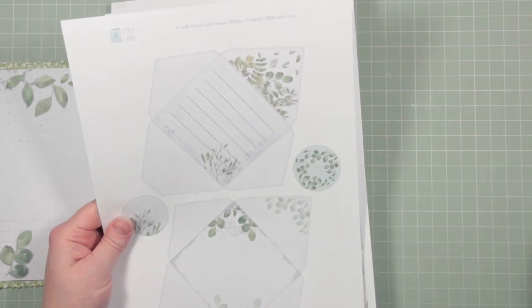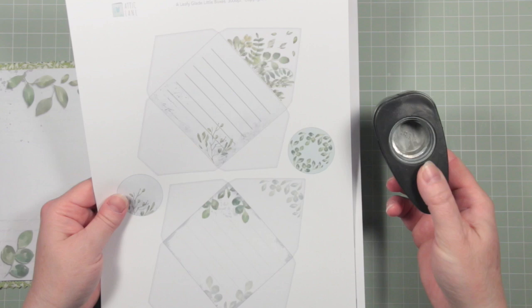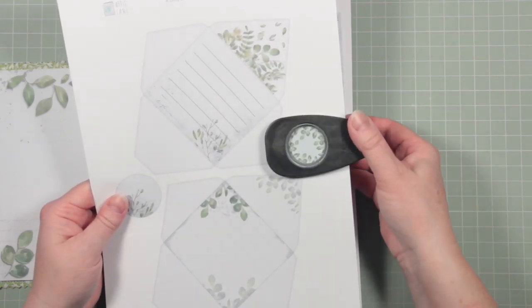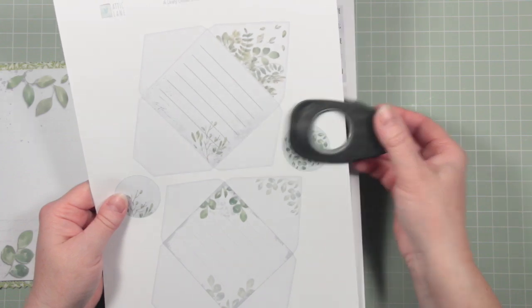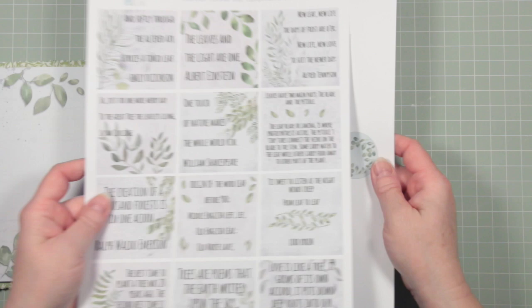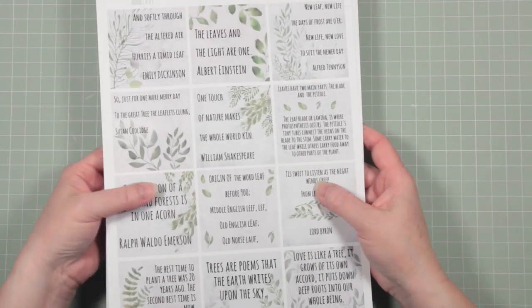These are deliberately quite large because I have a 1 1/8 inch stamp or punch, and I thought, well, that way I can make sure that I get a little seal. So again, this was all still for my own purposes, and I just wanted to bulk out my journal. And then the coronavirus hit,